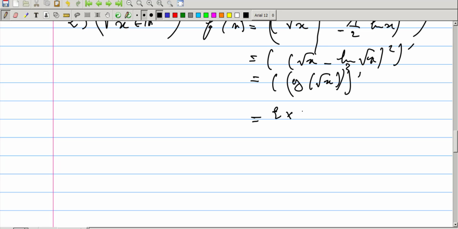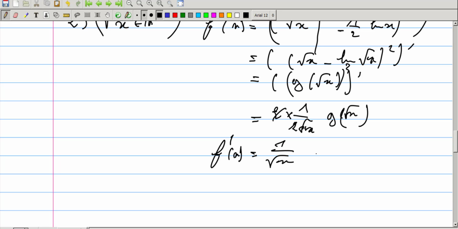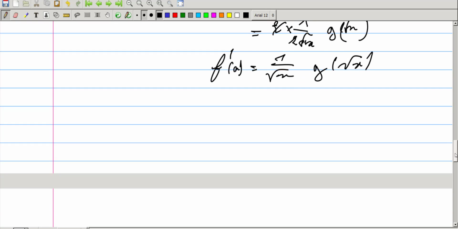The derivative of square root of x is 1 over 2 square root of x. The 2 goes with the other one. So we have here g of square root of x. Now the derivative of f equals 1 over square root of x multiplied by g of square root of x. Cool. Now we have an expression that we can use